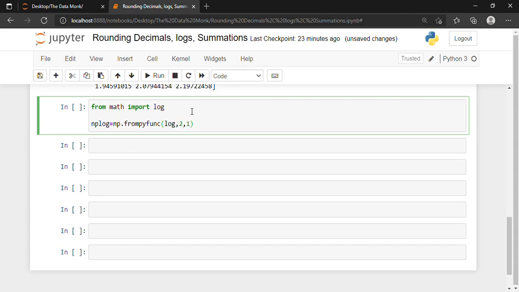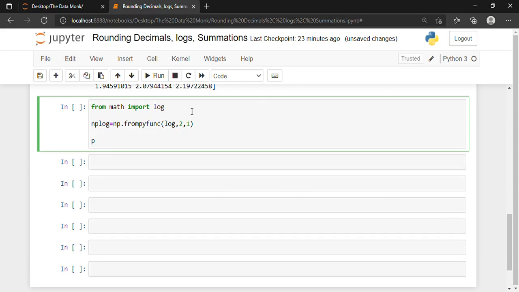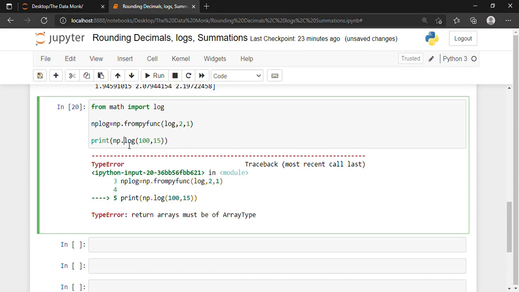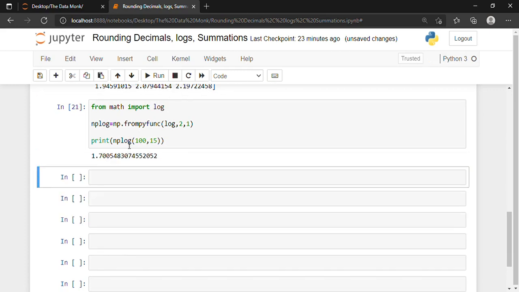Okay, and in the next line I'll be writing the print statement. So print nplog, and inside the bracket I'll be writing 100 comma 15. Shift and enter. There is some error. Let's see what the error is. So there will be no dot. nplog, shift and enter again, and we have successfully printed log at any base.